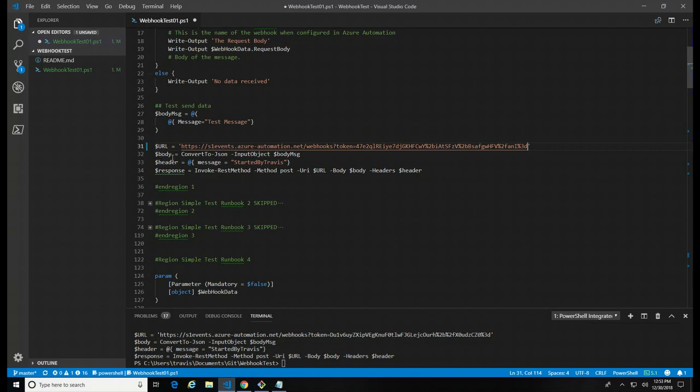Down here, it's going to convert that to JSON. It has to be formatted as a string to be passed through the webhook. So I do that by converting it to JSON. You could also do XML if you wanted to. And then I've got a header here, which is a hash table of a message and then started by me. So once I run that,